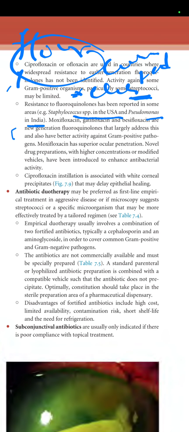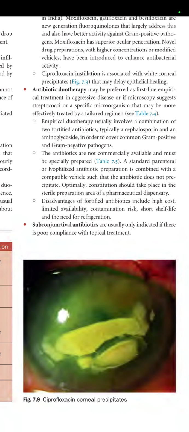Moxifloxacin, gatifloxacin, besifloxacin are the newer generation fluoroquinolones that largely address this and also have better activity against gram-positive pathogens. Moxifloxacin has a superior ocular penetration. Novel drug preparations with high concentration or modified vehicle have been introduced to enhance antibacterial activity. Ciprofloxacin instillation is associated with white corneal precipitate that may delay epithelium healing. In Figure 7.9, we can see that ciprofloxacin has a disadvantage. It has white corneal precipitates that form, and this prevents